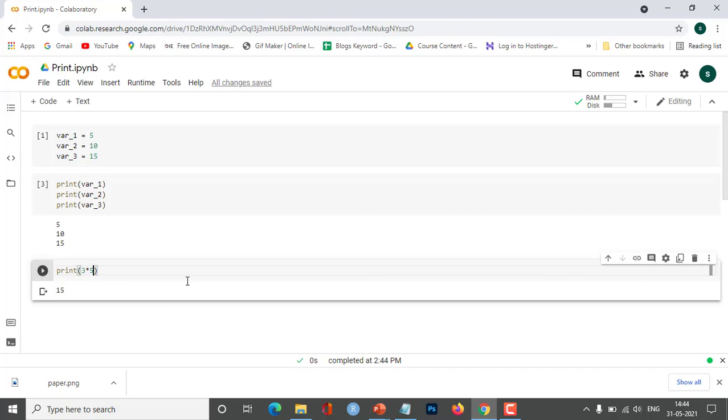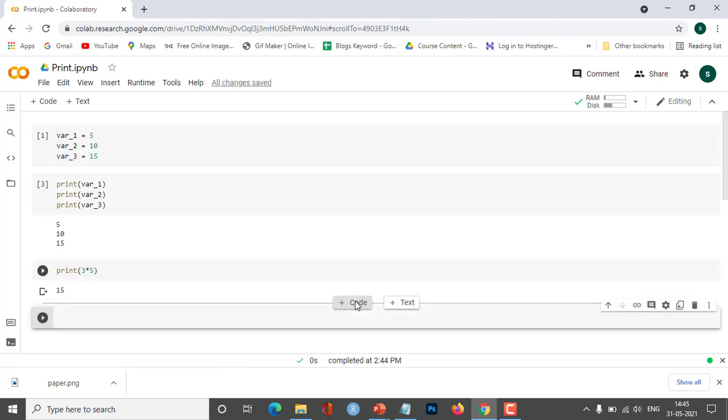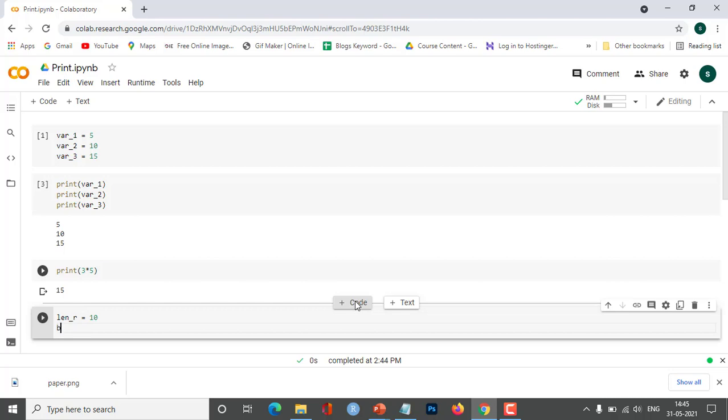So here we get it. Now finally, you can also use print to display the result of a variable that consists of some sort of expression of variables or constants. So let me write a program for this. Suppose we want to calculate the area of a rectangle. We'll declare a variable, length_r, and give the length as 10. Then we'll declare a variable, breadth_r, and assign a value of 5.